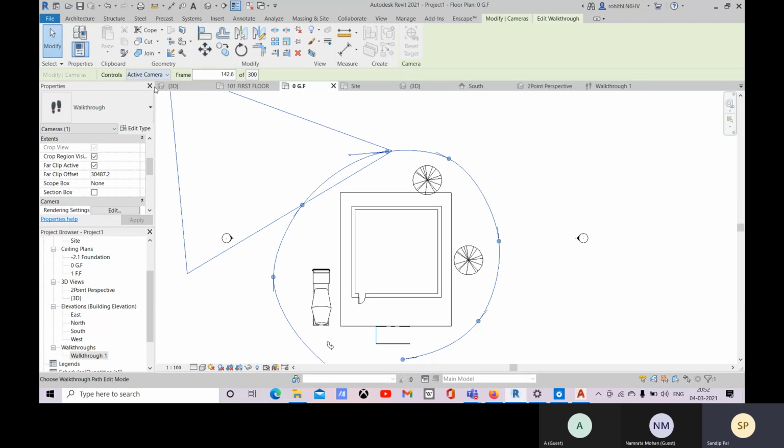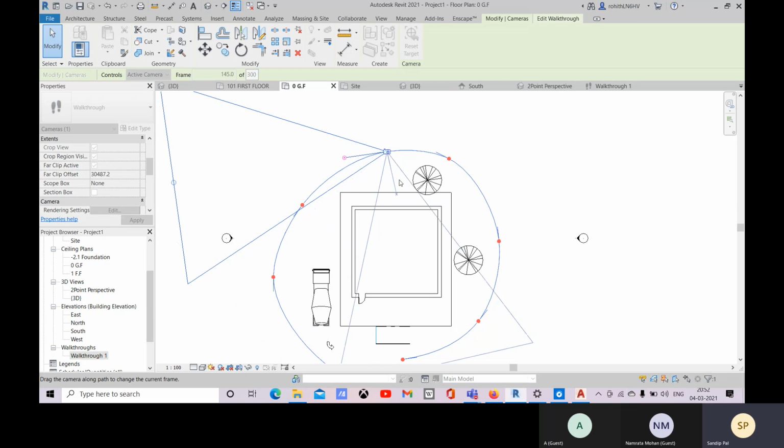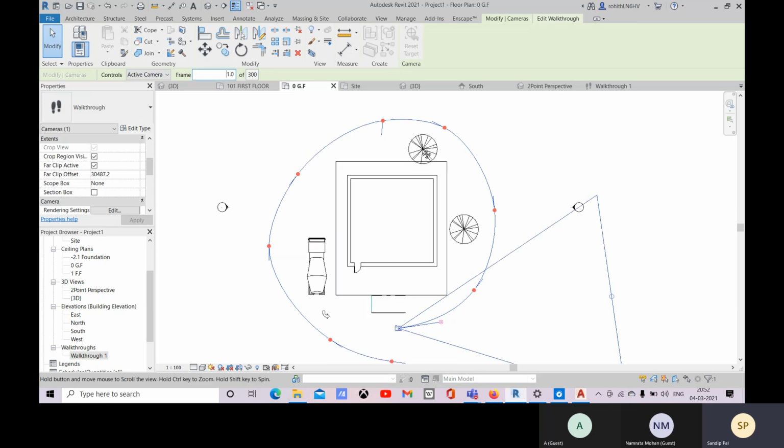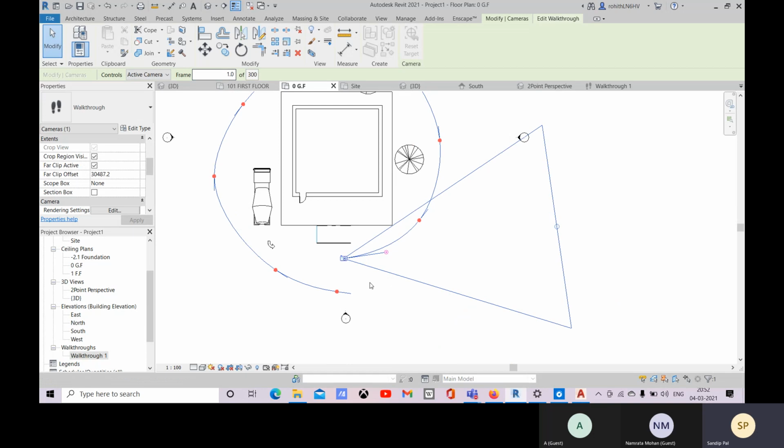Now let's select this active camera, and with this drag option we will direct it toward this direction. Let's move towards this. Here you can aim. Here it is at the first frame.